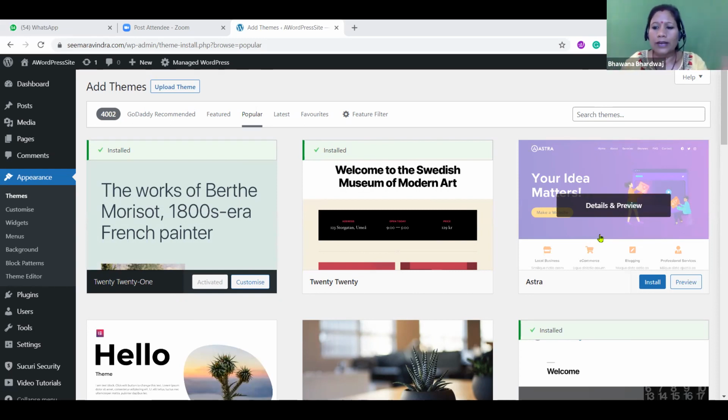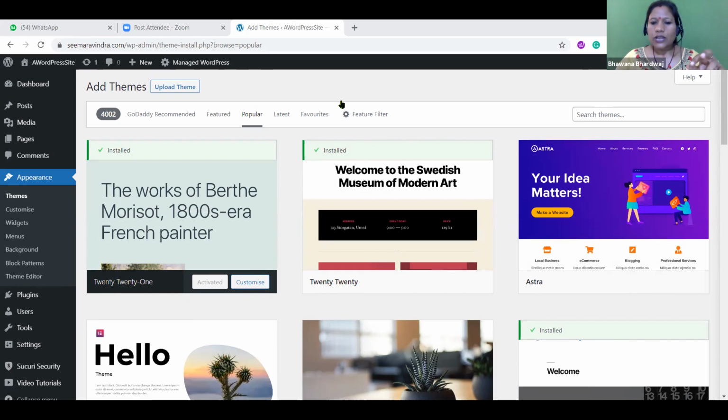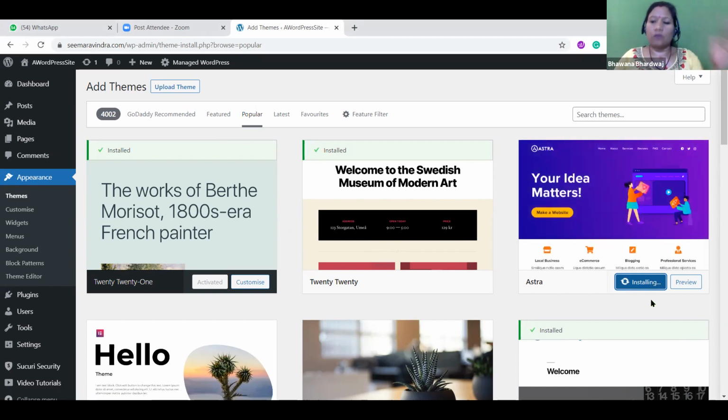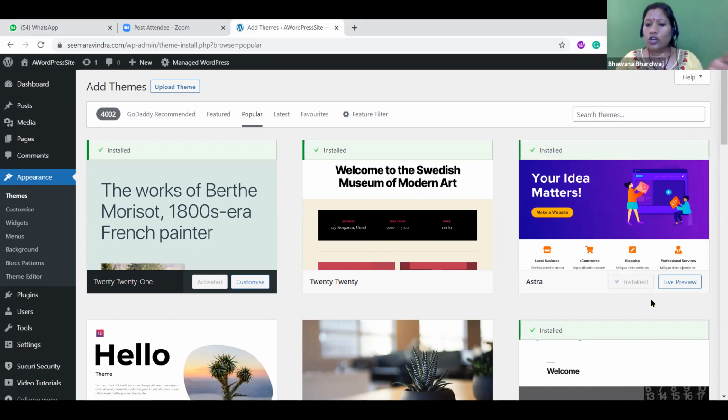I know you have many domains and many hostings. I'd not like to confuse on that area. Okay, fine. So you will find the Astra, and then to install anything, you can click on install. What I would suggest for the next 7 days, don't experiment with the theme. Yes, you can experiment with a demo website. If you have a demo domain and demo hosting, there you can go and experiment with many themes. Right now, if in 7 days we want our website up and running, we are going to focus on the Astra theme. You can click on install, and it's installing. All of you can see the installing.